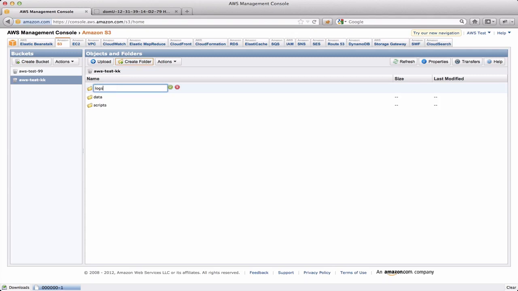I need to have one called logs where my logs file will go to, and I'm going to create a folder called Hive results where my results are going to go to. Now at this point I have some things I need to upload in here. So for example, into scripts